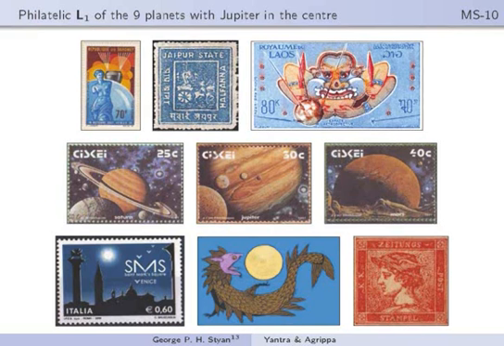In the upper right, you'll find Rahu on a stamp from Laos. On the upper left from Dahomey, one of Venus. Saturn, Jupiter, and Mars are in the center row. In this particular arrangement, Jupiter is in the center as opposed to the sun in the early ones. Bottom left is Moon, moonlight. In the bottom center, that's not a stamp. I couldn't find a stamp for Ketu. And in the bottom right is Mercury.